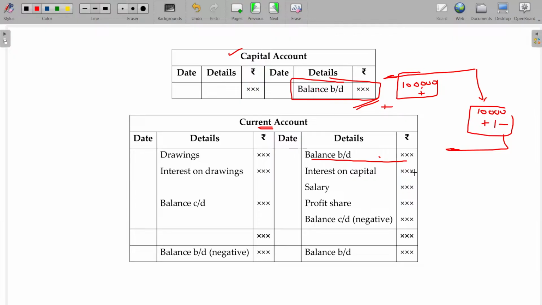Okay. What are the amounts that are going to be credited here? The amount eligible for them as income will be credited, like interest on capital, salary, profit share and all. And if they withdraw the money, it will reduce their balance. So drawings and interest on drawings should be debited in the current account, and the balance carried on will go to the next page. Okay, next year. Usually the current account will have the balance on the debit side as well as the credit side. You will have the balance on either the debit side or the credit side, but in the case of capital, you will predominantly have credit balances. Is that clear?